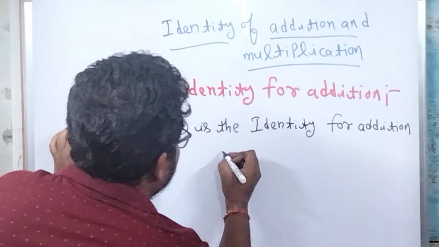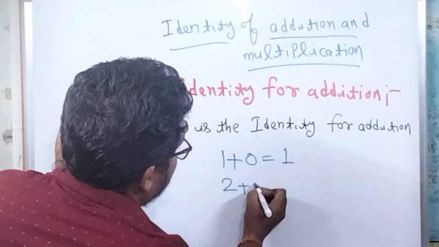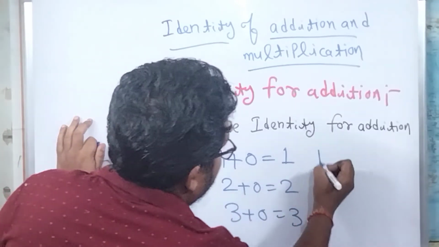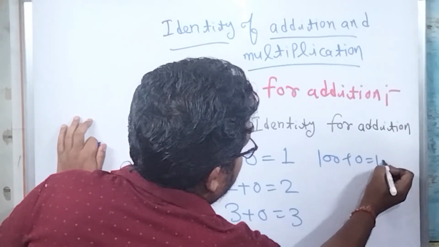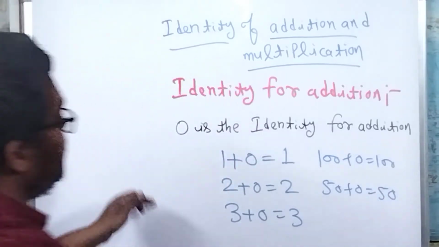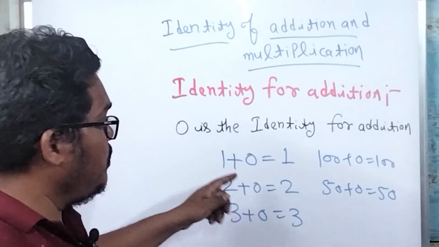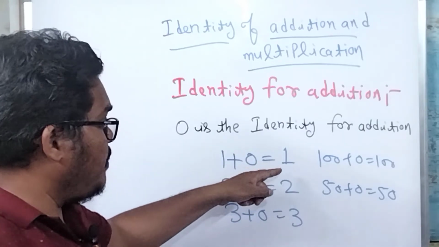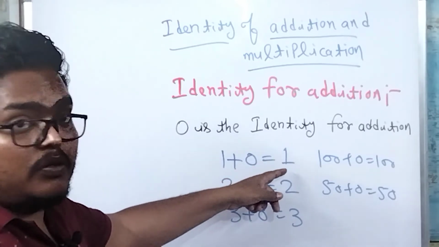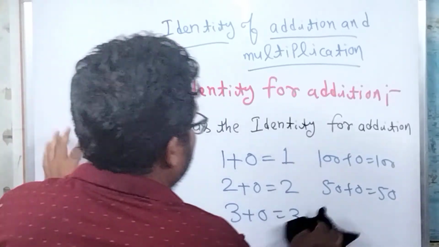Here 1 plus 0, the result is itself, 1. 2 plus 0, the result is 2. 3 plus 0, the result is 3. 100 plus 0, the result is 100. 50 plus 0, the result is 50. Friends, here we see that 0 is the identity for addition. Any number we add to 0, the value of the number is itself. Here 1 plus 0 is equal to 1, 2 plus 0 is equal to 2, 3 plus 0 is equal to 3. And next,